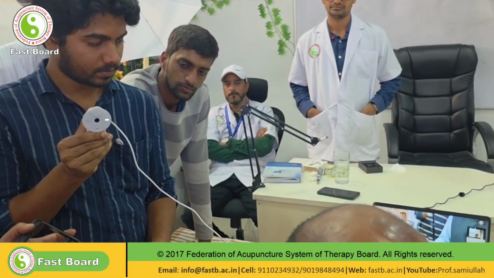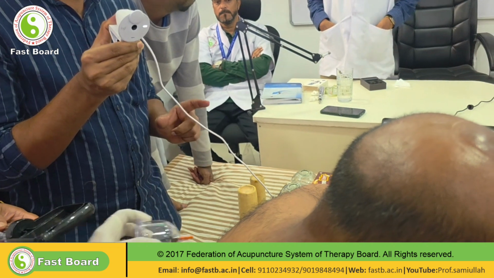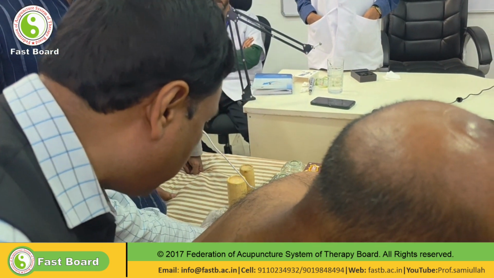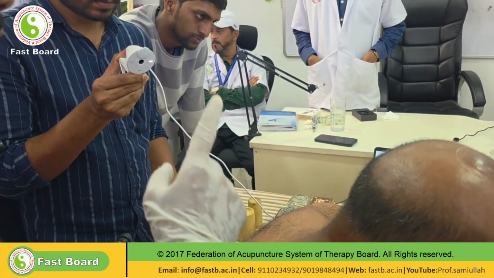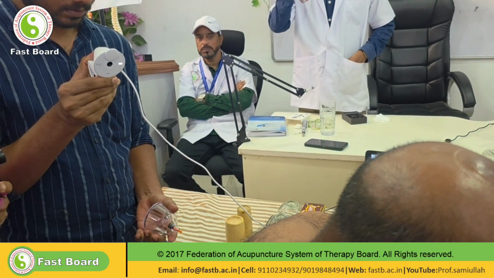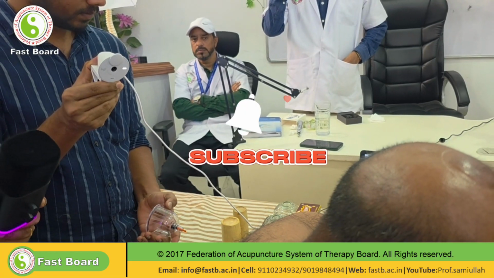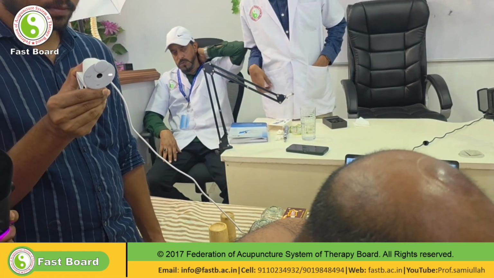Now where is the DU14 point or the Kahil point located? So this is the first point, that's called C1. The C1 is cup number 1. We are also using cup size 1. Now we try to find out where this point is located. Now you can see this is DU14.